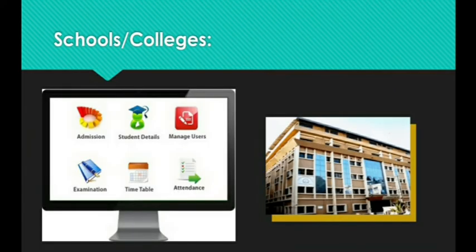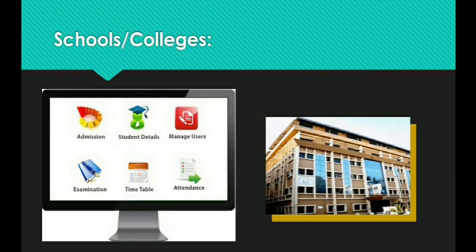The next topic is schools or colleges. We are all familiar with this topic and we all know that our details, like student details, teaching and non-teaching details, everything will be put up in the database so that we can fetch it anytime and anywhere. Suppose I want to search for a particular student, then I go with the ID or register number instead of searching by name. Why? Because ID or register number is a key, a unique key. By using this unique key, I can directly get the record in a faster way, right?